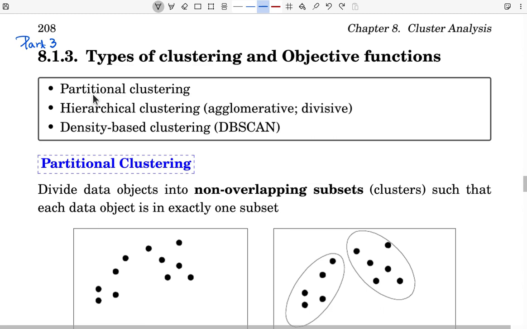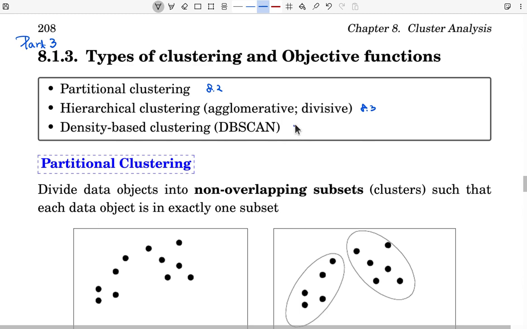Partitional clustering will be studied in section 8.2. For hierarchical clustering, we'll consider section 8.3, and the density-based clustering will be